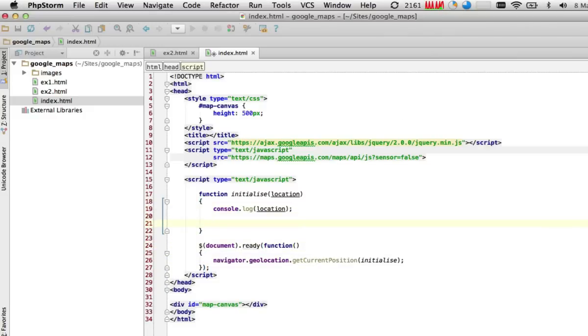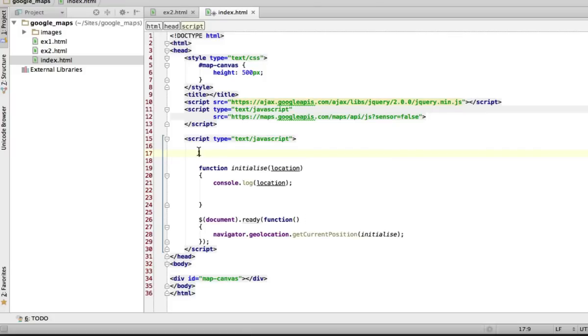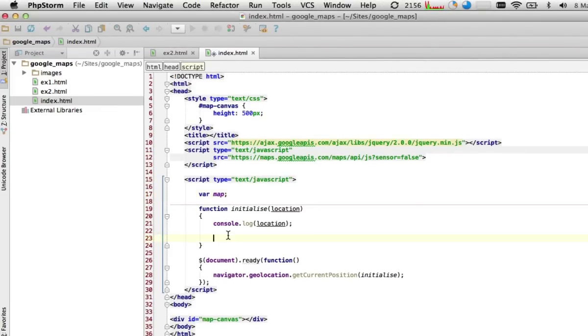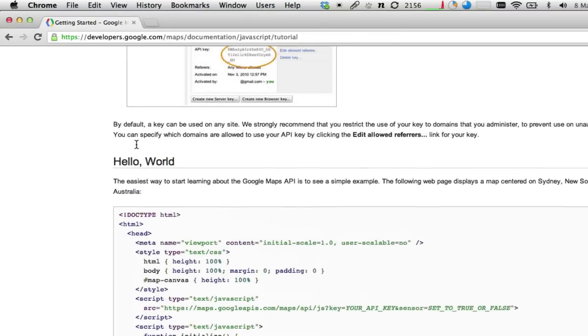Now that we've got that information, we'll look at actually initializing the actual map. First of all, I'm going to declare a few variables up here outside of the function scope, just so that I can access them from inside any of the other functions that I might want to use later. The first one I'm going to create is a variable called map, which will simply store a reference to my Google Maps object. Now, the way that we create the map